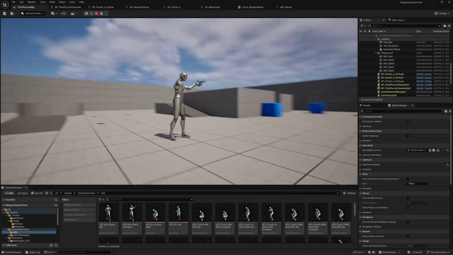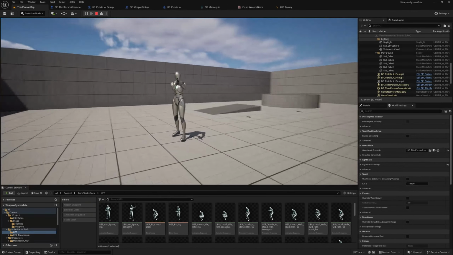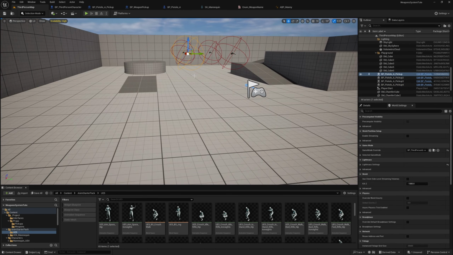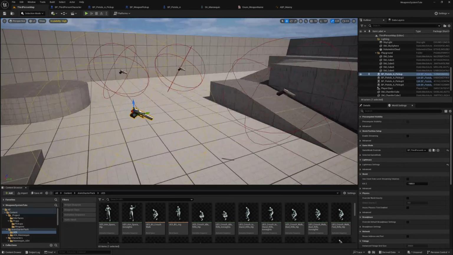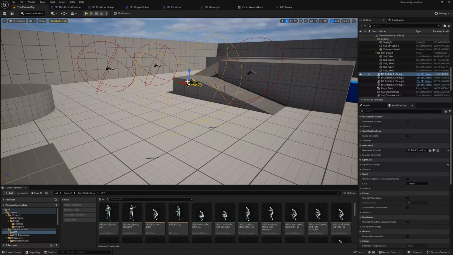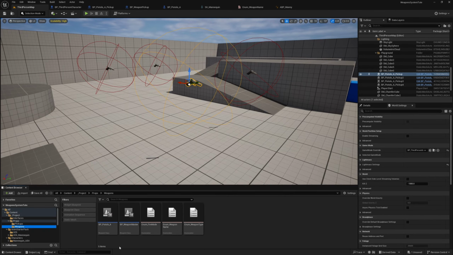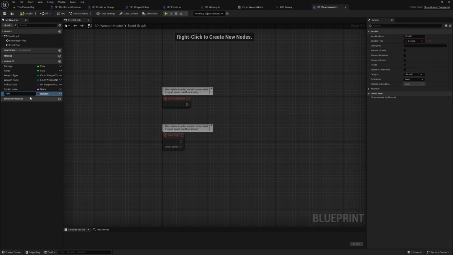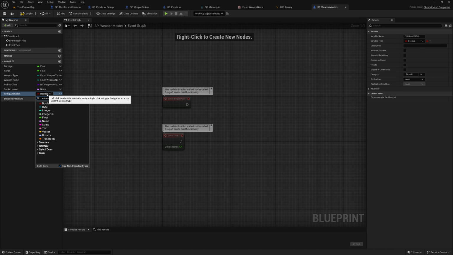Let's go ahead and play a firing animation on this pistol and just draw a line trace very quickly before we go on to do our two weapon system. So what we can do is we can also store the firing animation that we want to play on the weapon. We can just store that inside of the weapon. So what we can do is go to our weapon master, which I'm not sure if it's open here. So props, weapons, and BP weapon master. And I'm going to add one more variable here and call it firing animation. And this is going to be an anim sequence